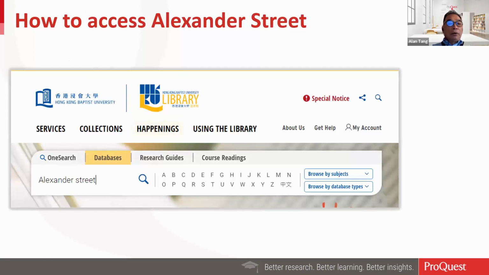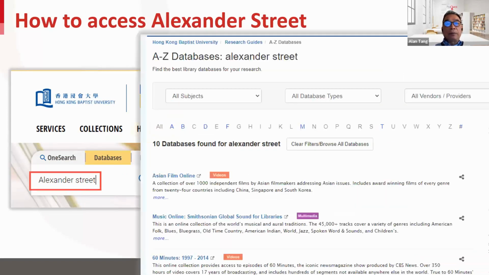collections. Firstly, please go to the database on your library homepage, and then you can type in Alexander Street and do a search here. Right after you search, it will instantly show all the collections that Hong Kong BU has access to on the Alexander Street platform. There are 10 kinds of database,